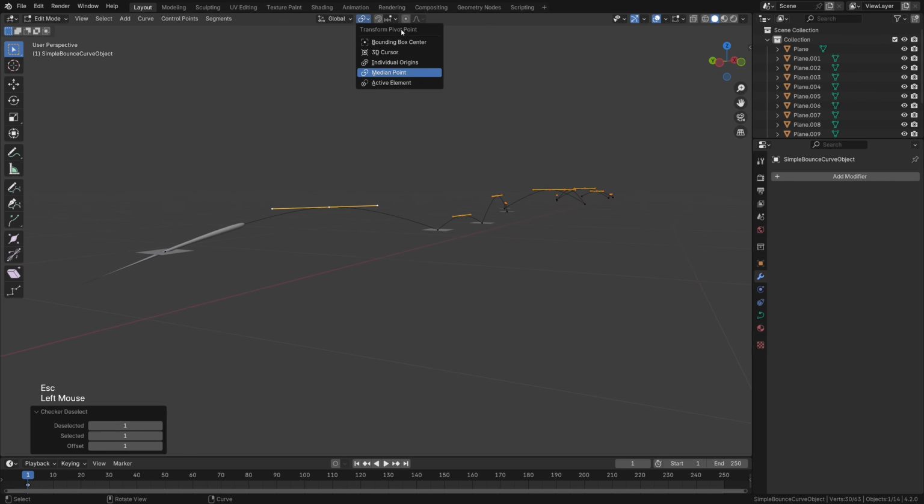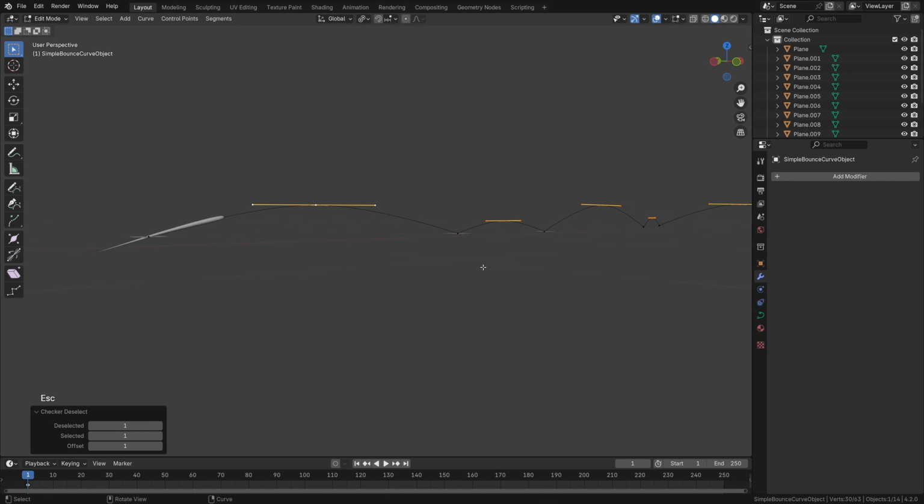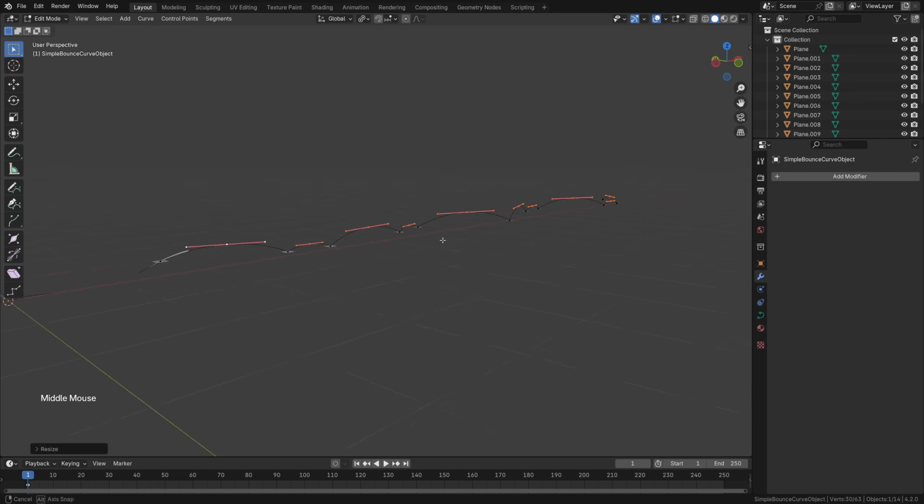We have to change the transform pivot point to individual origins. And now you can press S and you can scale this up. And look at that, we have a much more natural trajectory. And if you want to change the curve height, you can reset the position of the 3D cursor by pressing